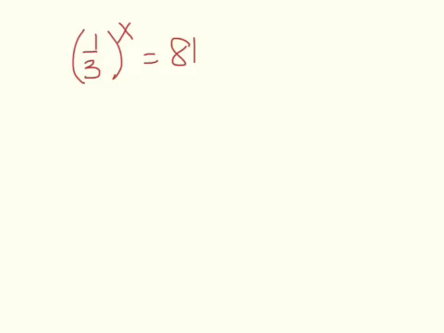Let's take a look at one more. We talk about never having exponents as being negative, but in this case, it's going to be pretty hard for me to break down 81 into a fraction. So here's what I have right here. On the bottom is x, or 3 to the 1st power. If I move it up, I get 3 to the negative 1st power and an x. Now, I can break 81 down